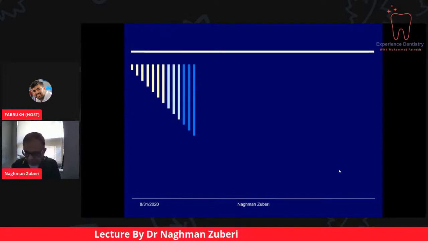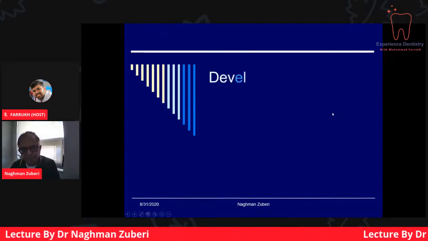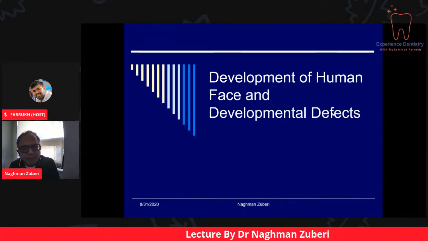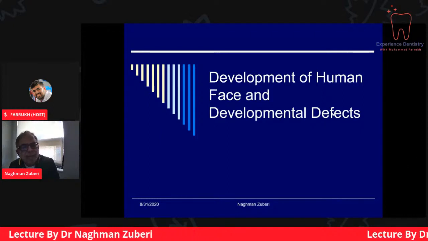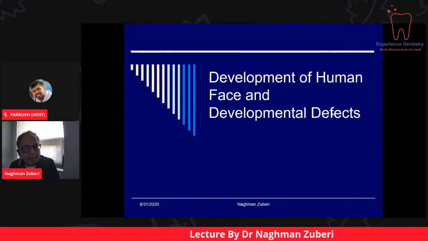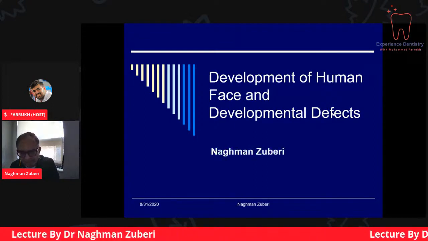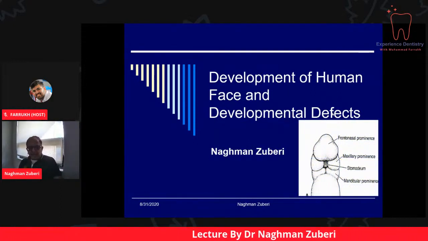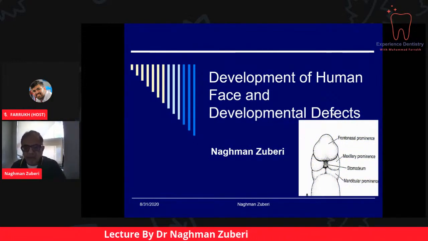Okay, thank you. Today we will be discussing the development of the human face and certain developmental defects. So actually we will be focusing at the moment only on the cleft lip and cleft palate when we talk about the developmental defects. So first of all, keep in mind that when the human face starts developing,